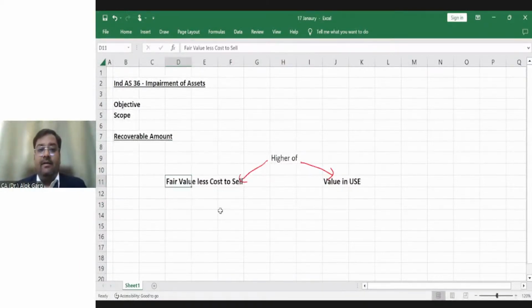I have told that fair value less cost to sell is a market-driven value, a market value, and value in use is an entity-specific value. And we have discussed that the value can be derived from